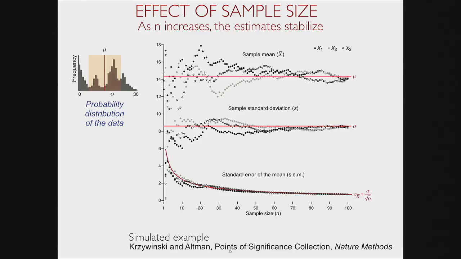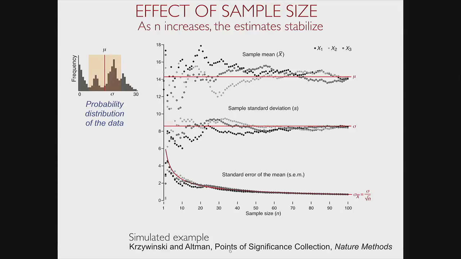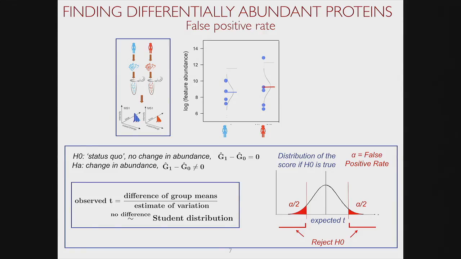So now, well, we have the signal to noise, right? So we now assume that the means are normally distributed. We kind of realize that large sample size will allow us to characterize the noise in the best possible way. But now we need to make the decision. So how large is large enough? So again, we have this difference between the groups. We have the estimate of variation. So how large should the signal to noise be to actually claim that this difference is more systematic than as